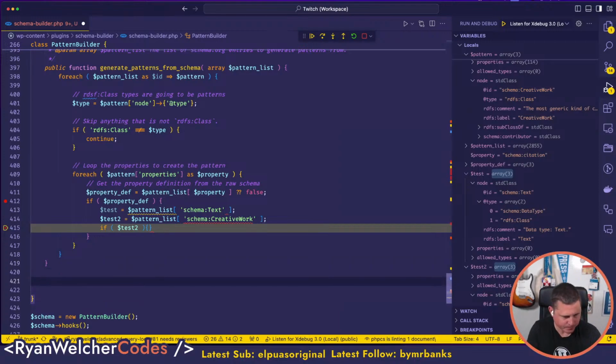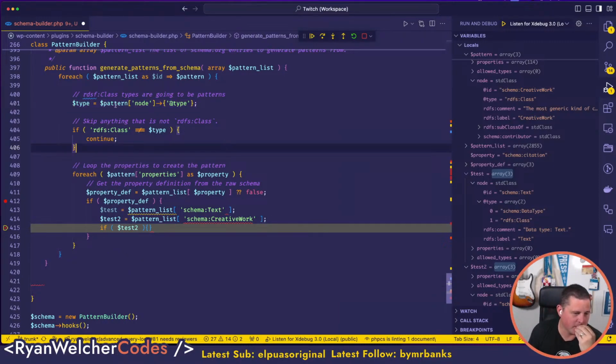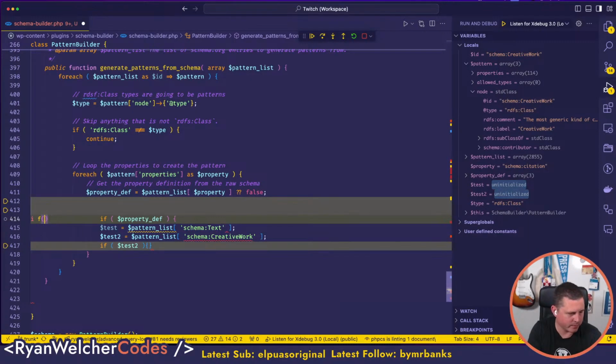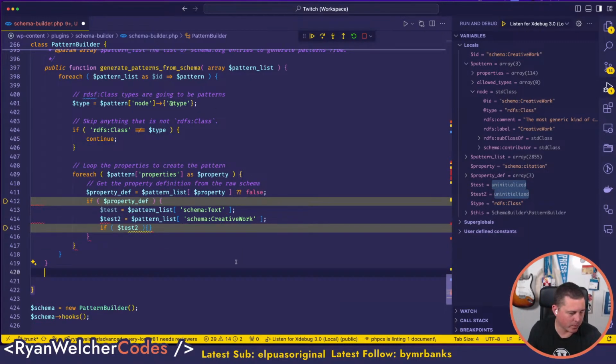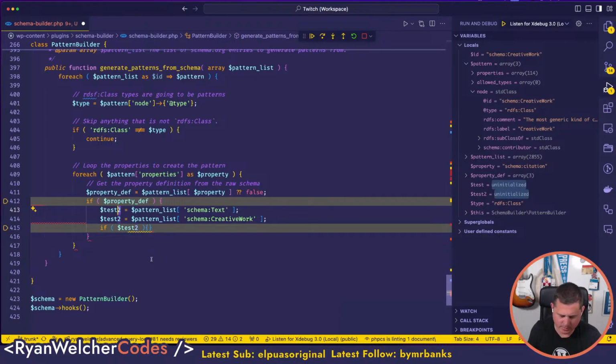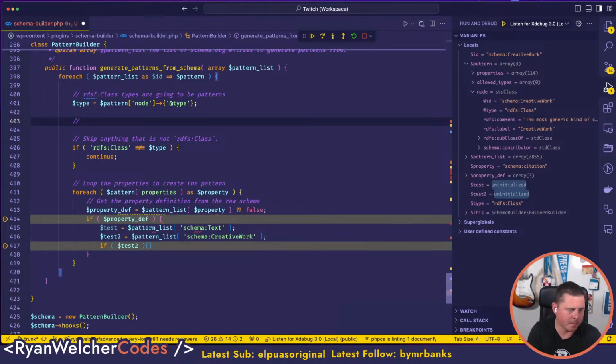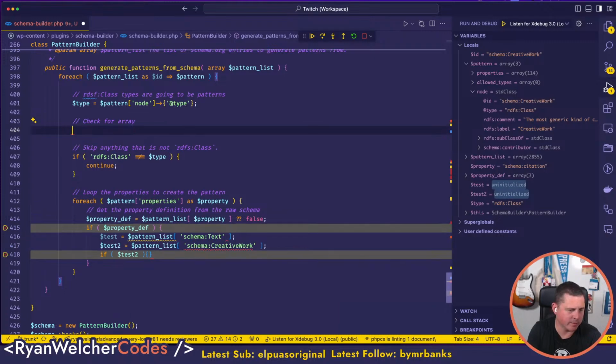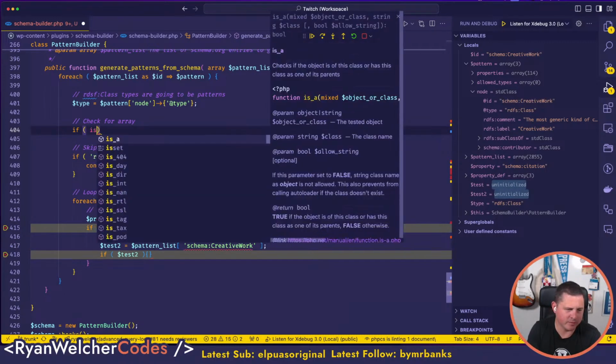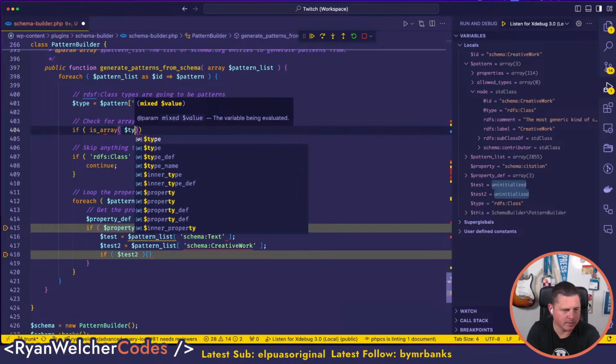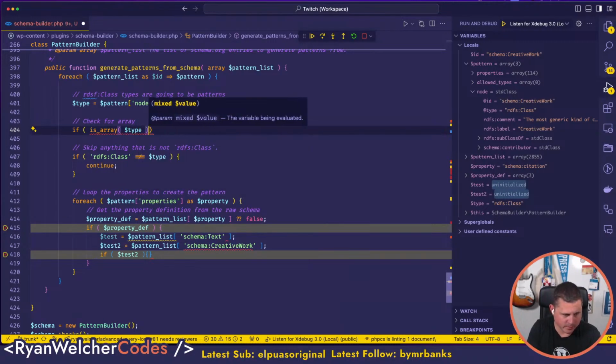So let's say, let me think this through. So that's the type. Type can be an array. So what we're going to want to check here is, so we've got the type. So in here, check for array. So this is: if type is array, type, right? So if it's an array,